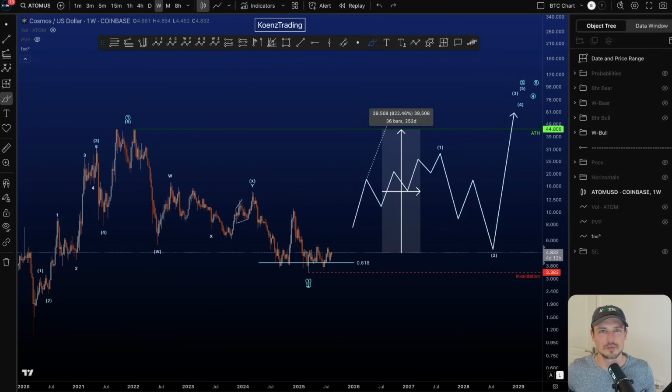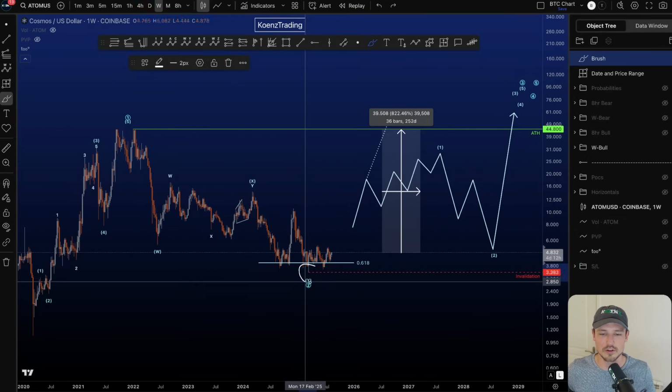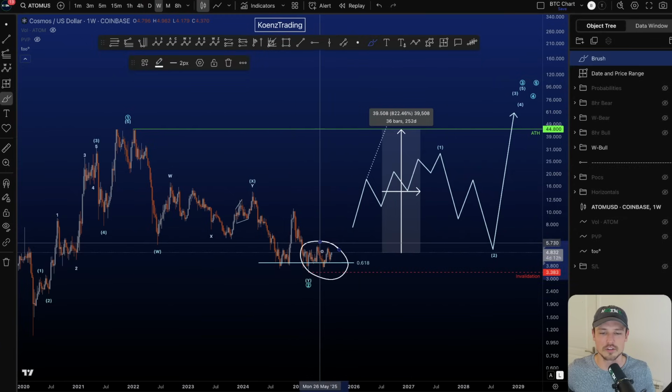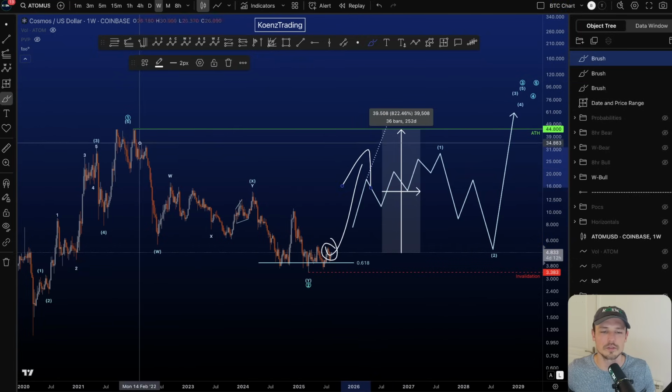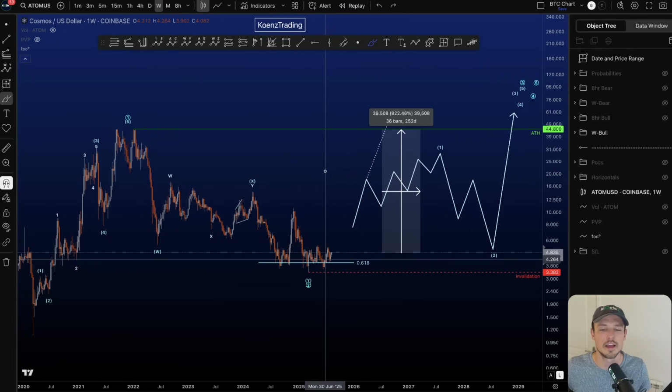Sometimes you come across a chart with a lot of potential, and Atom is one of those charts. Price is still ranging quite close to where the low was formed, and there are some bullish signs on the lower time frames. From where price is now, it is still over 800% to a new all-time high,